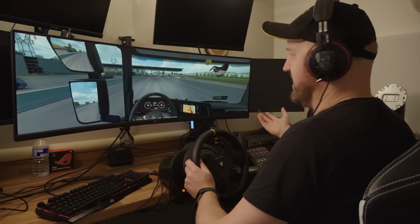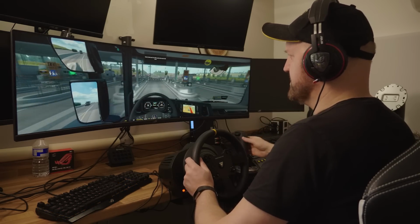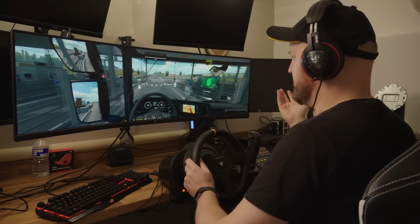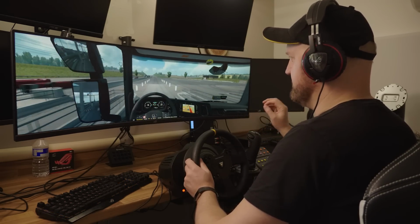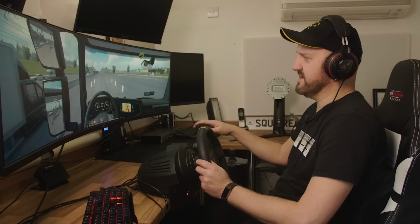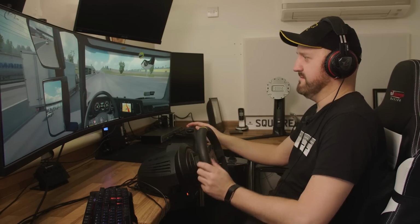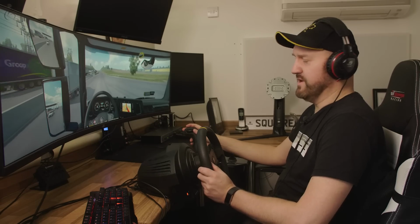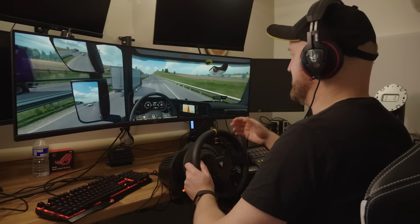It's just a fact that you have to get around. But for all other kinds of driving, for just turning at junctions or just general day-to-day driving, triple screen is absolutely superb. Compared to a single monitor, if you drive on a single monitor and then you play the game like this, you really won't want to go back to a single monitor, because it's like driving with